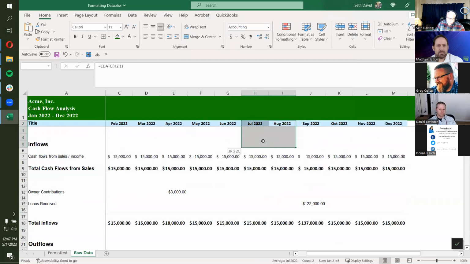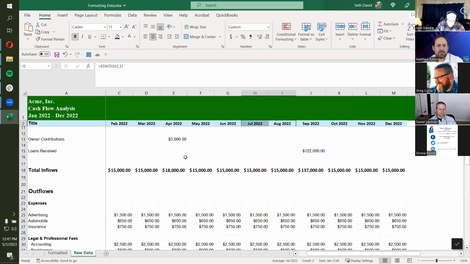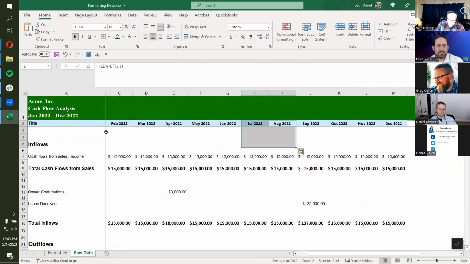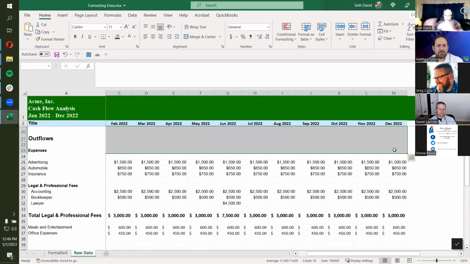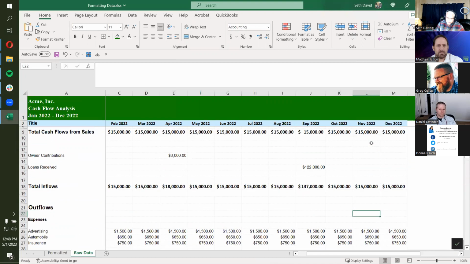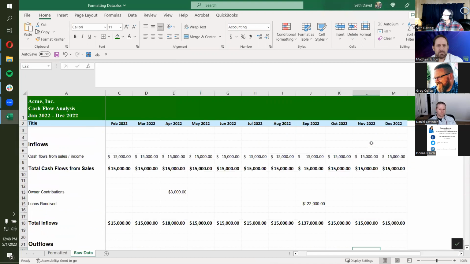And when I click away now, I somehow missed part of this. So let's go back, watch this trick. Let's go back up to the top, scroll down, shift click, just selects the whole range in between from the top left to the bottom right, and Control-Y repeats the last action. So that was a quick way, since I had just done it, to get the grid lines on the part that I missed.